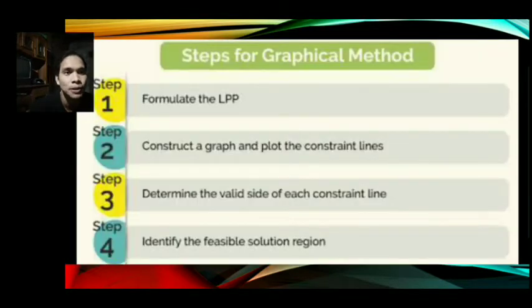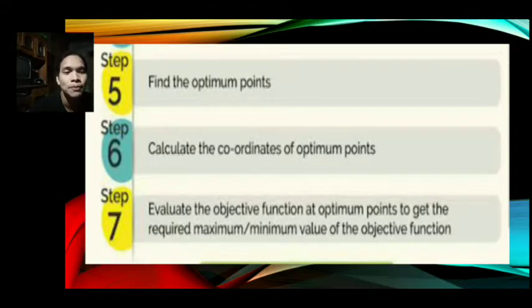Next are the steps for the graphical method. First step, formulate the LPP, or the linear programming problem. Second step, construct a graph and plot the constraint lines. Third step, determine the valid side of each constraint line. Fourth step, identify the feasible solution region. Fifth step, find the optimum points. Sixth step, calculate the coordinates of optimum points. And the last one, evaluate the objective function at optimum points to get the required maximum or minimum value of the objective function. So given the example,